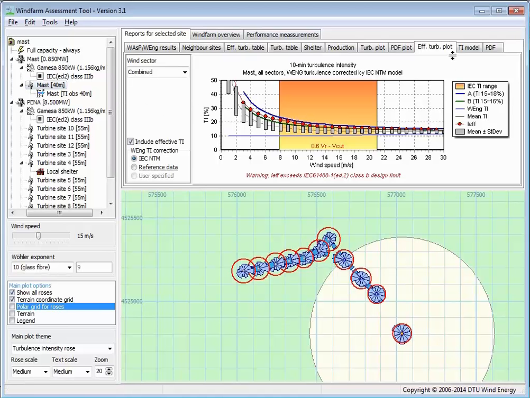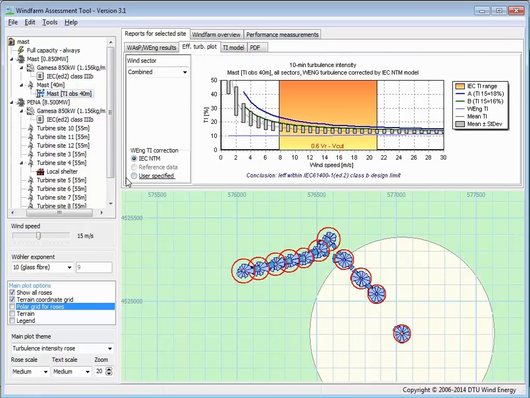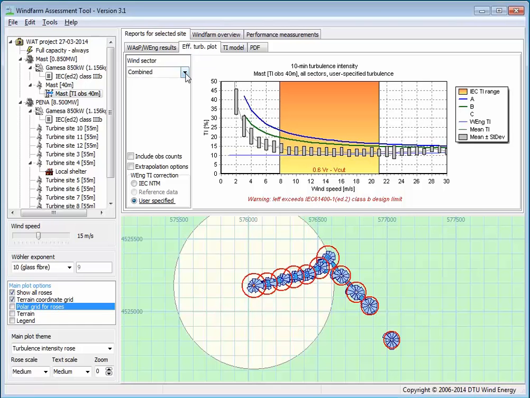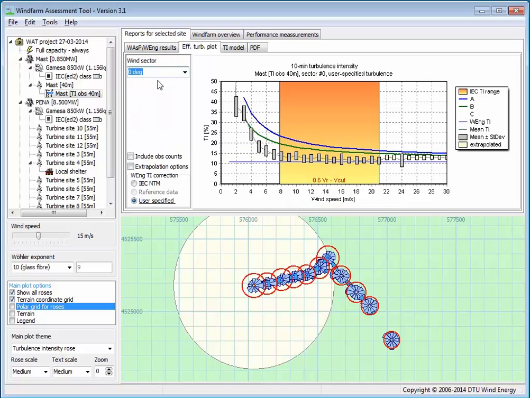And now we can go here and click at this side here. So you have the model here, and this was the statistics I loaded, and you can see that it's a little bit different. If we click here on this list, then we can see the statistics for different sectors, and we also note that some of the data here are extrapolated because data were missing. And we can actually control the way that these data are extrapolated.